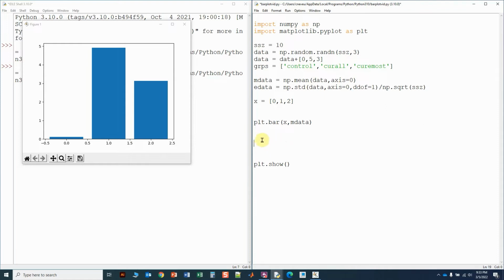So the first thing we need to do is set the tick marks to 0, 1, and 2, so only have tick marks at those 3 locations, and then change the name to either control, cure all, or cure most. Now, one thing I want to make clear is I like being a little more explicit in my coding, and yes, if you just say plot, it's going to